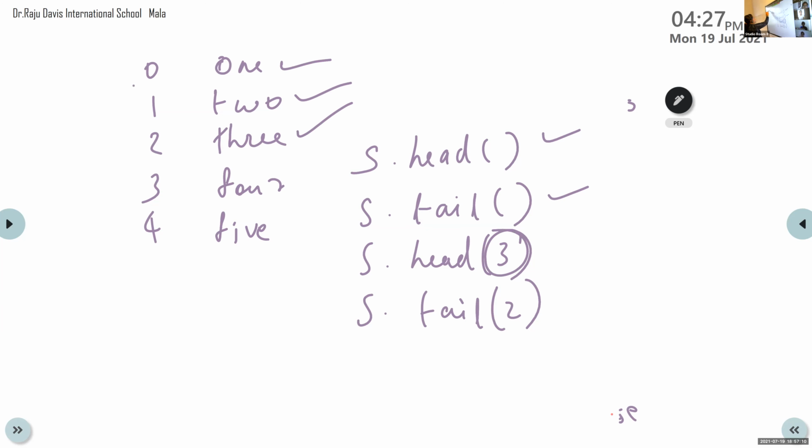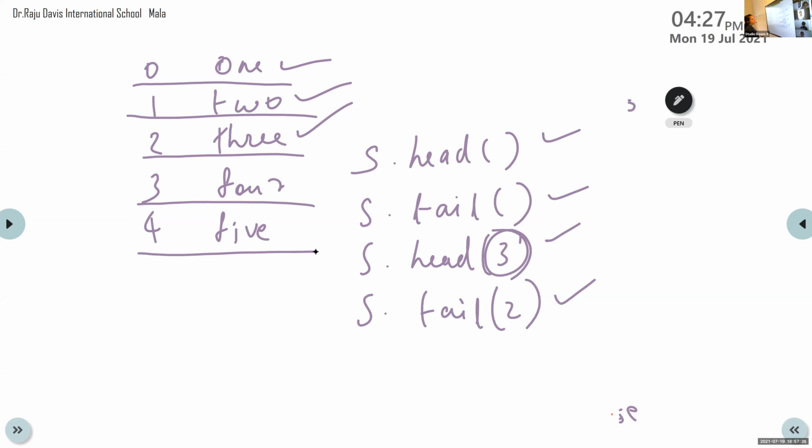Hanna, what about the last one? Yes, 3, 4 and 4, 5. This is the answer for the last question, that is S dot tail of 2 means last 2 rows displayed. So it is 3, 4, 4, 5. Is it clear?